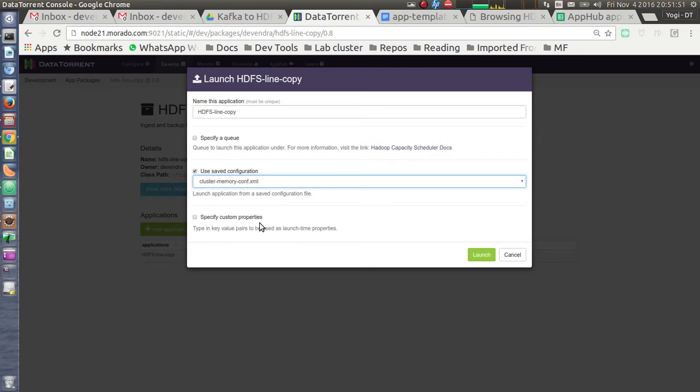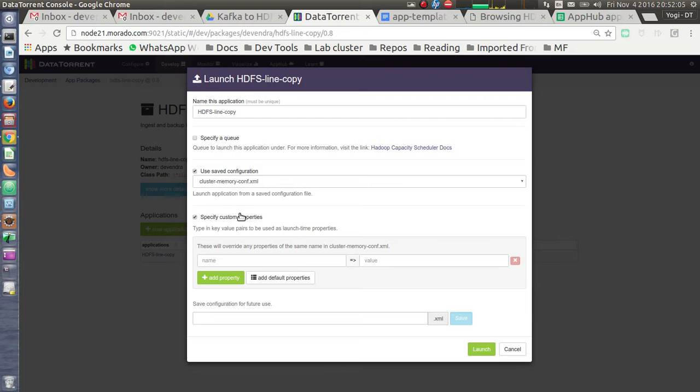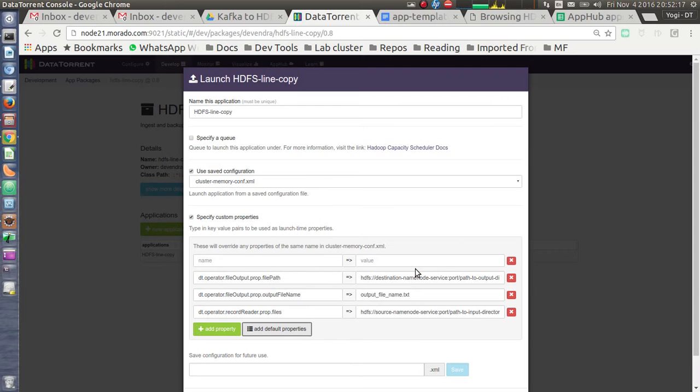Next option is for specifying custom properties. So for this app template, we need to give input and output paths for HDFS. Let's click on this option. It opens up the properties editor. If we click on the add default properties button, it expands the properties editor with pre-populated values for the mandatory properties.